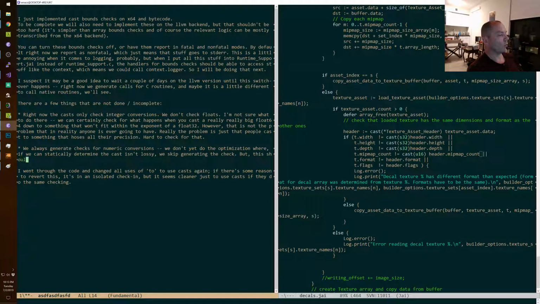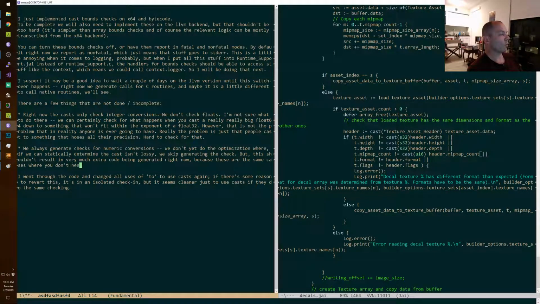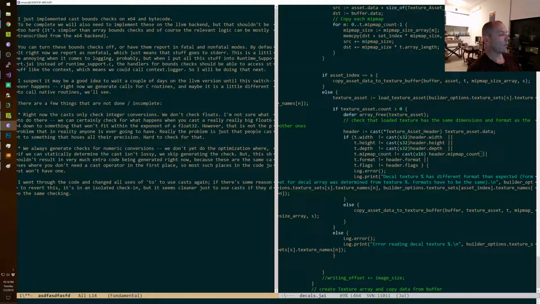But this shouldn't result in very much extra code being generated right now, because these are the same cases where you don't need a cast operator in the first place, so no such places in the code just won't have one.